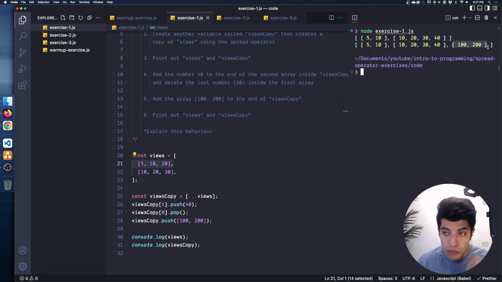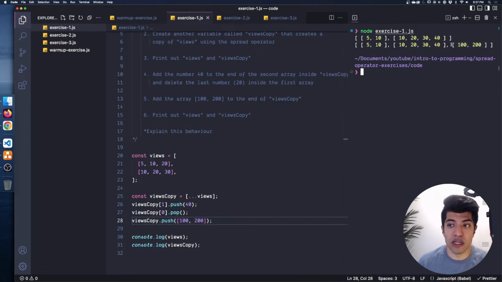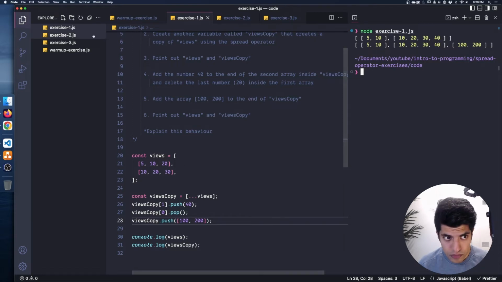However, what you'll notice is when we're pushing a new value onto views copy, 100 and 200, that does not get added to views, because this is simply a totally brand new value that's being added purely to views copy. And now going forward, if anything was to try and copy this, for example using spread, that would be by reference and it would manipulate both arrays. Sorry, I hope that makes sense. Definitely a bit of a confusing concept. Play around with these values, try to add stuff and remove stuff or make more copies for more practice. But this is kind of a demonstration of shallow copying with specifically the array spread syntax. Let's check out